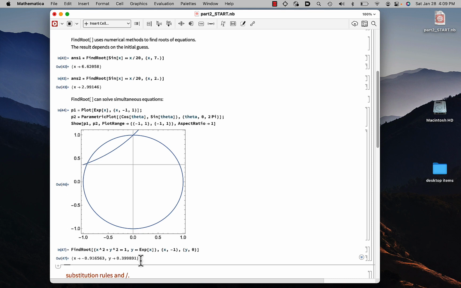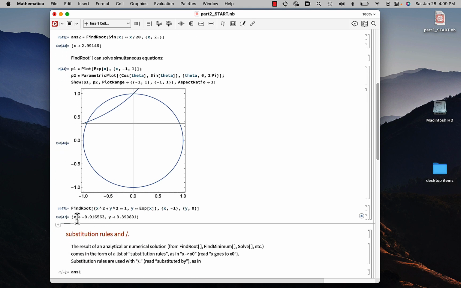The answer given by FindRoot comes in the form of a list of substitution rules. That is, x goes to minus 0.9 blah blah blah, y goes to 0.399 blah blah blah. And that's a general way that Mathematica gives the answer from things that involve analytical or numerical solutions. To use those substitution rules, we use this little operation called slash dot, which is read as "substituted by",